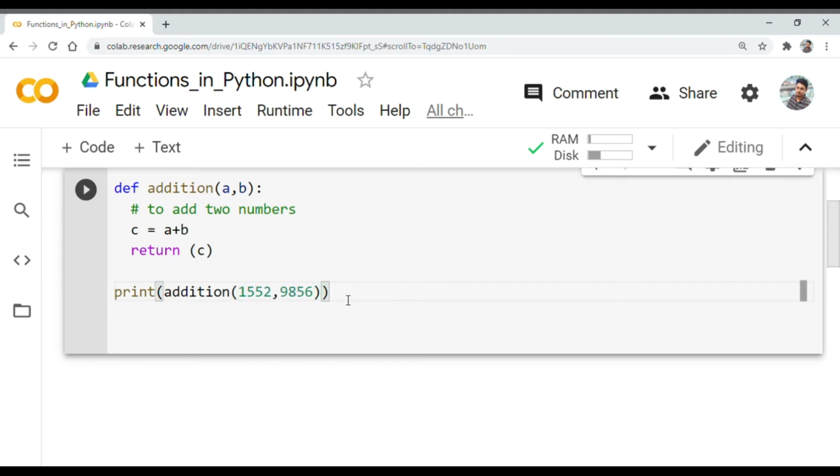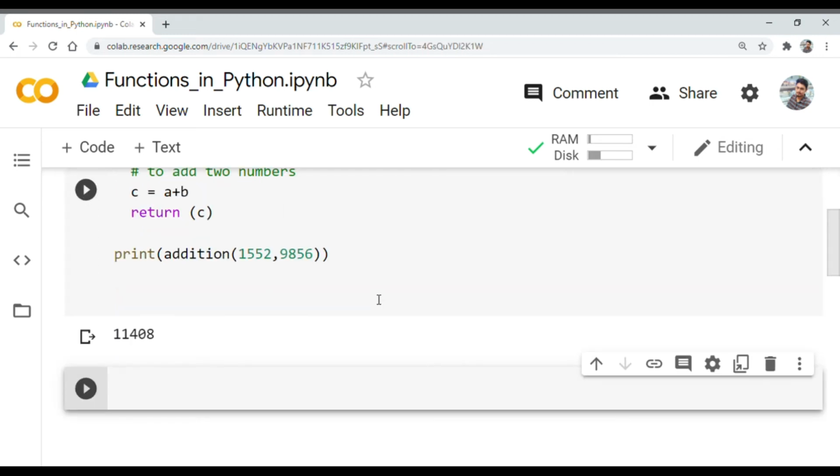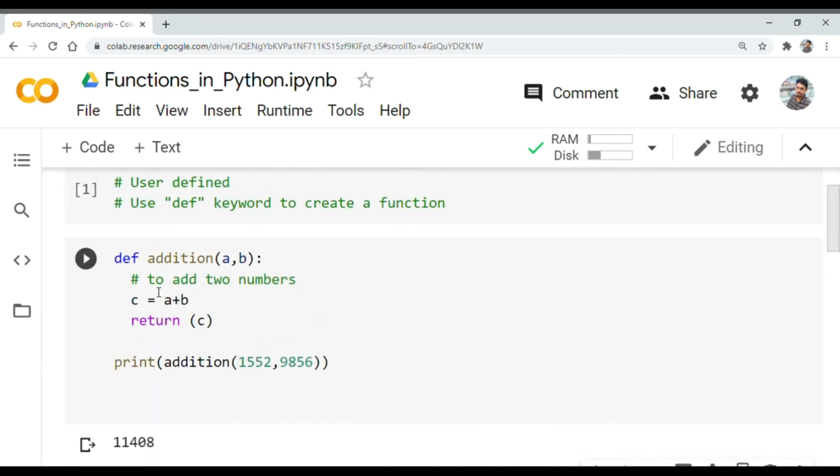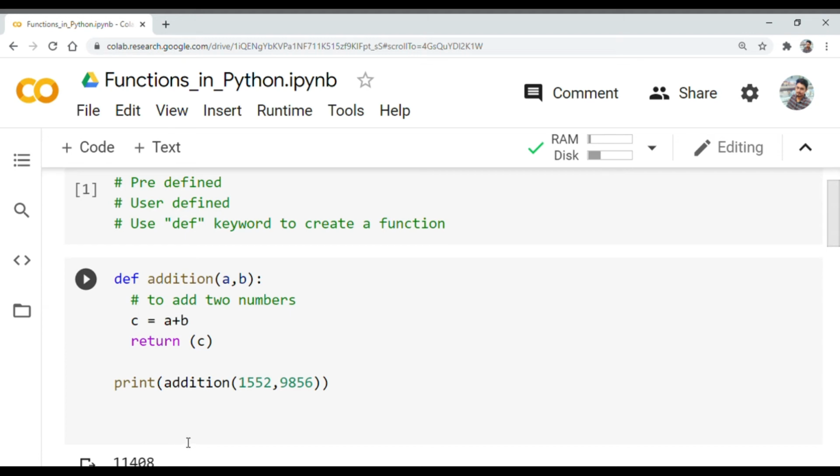So now when we run this code, we will be given as output the sum of these two numbers, 1552 and 9856. The return value will be c, which is a plus b. As you can see, the addition has been performed.